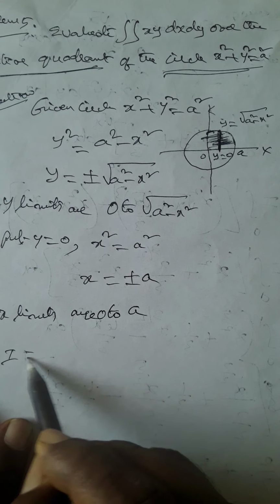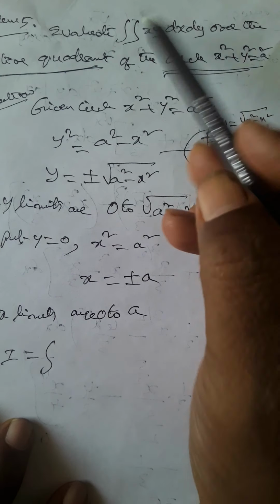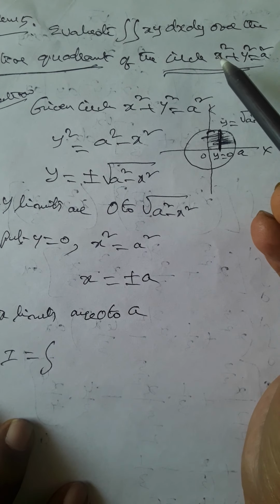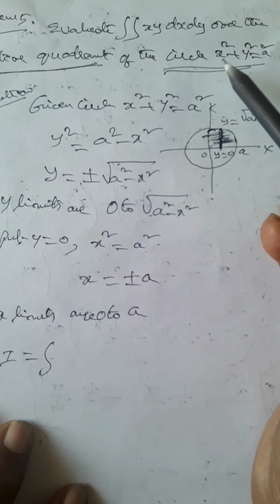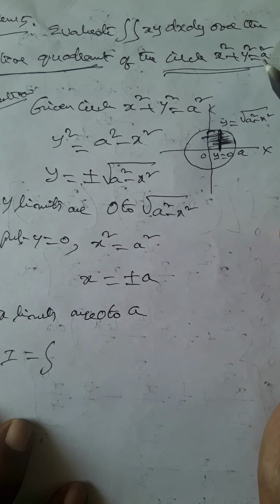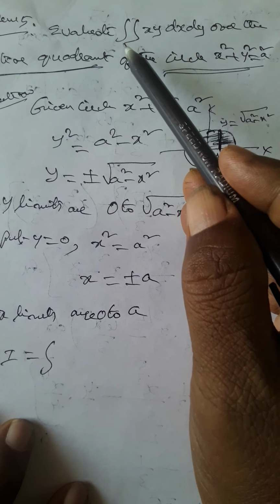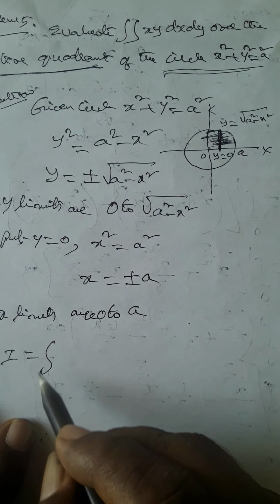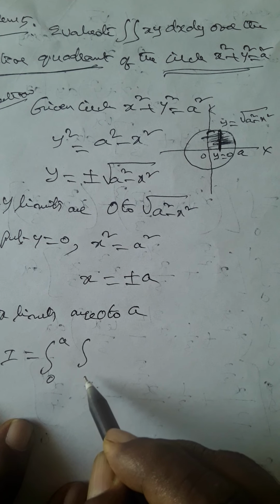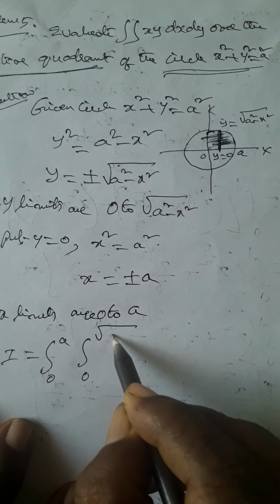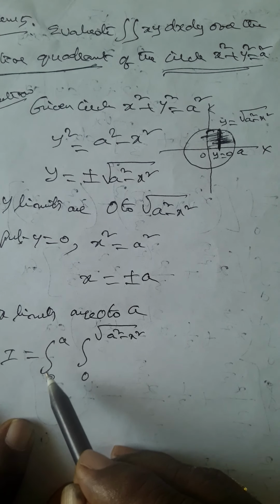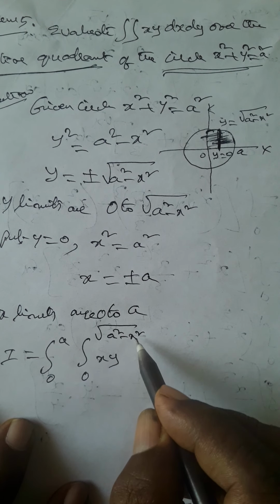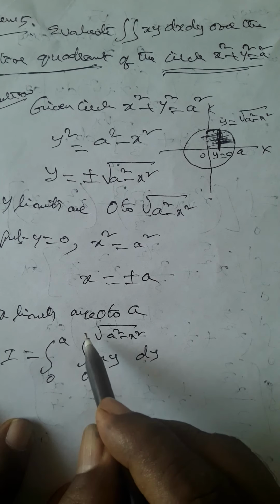So your I is equal to integral. Actually there are no limits given here. We have to find limits according to the condition and the diagram. Here the condition is positive quadrant, and the diagram is the circle x square plus y square is equal to a square. We have to find limits of the double integration. So x limits 0 to a, y limits 0 to root over a square minus x square. First we write constant limits, next we write variable limits. Here x is there, so we write the opposite variable dy.